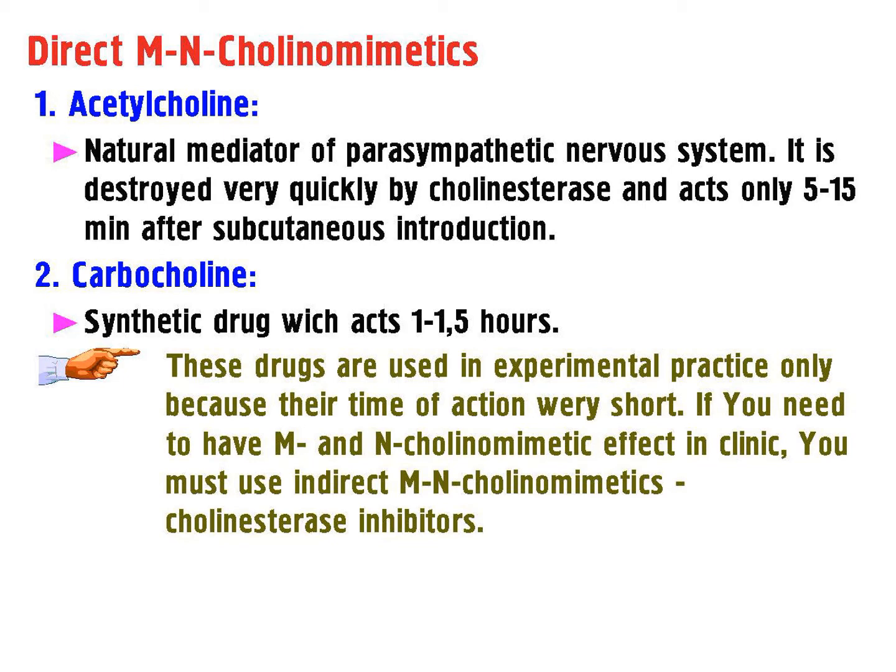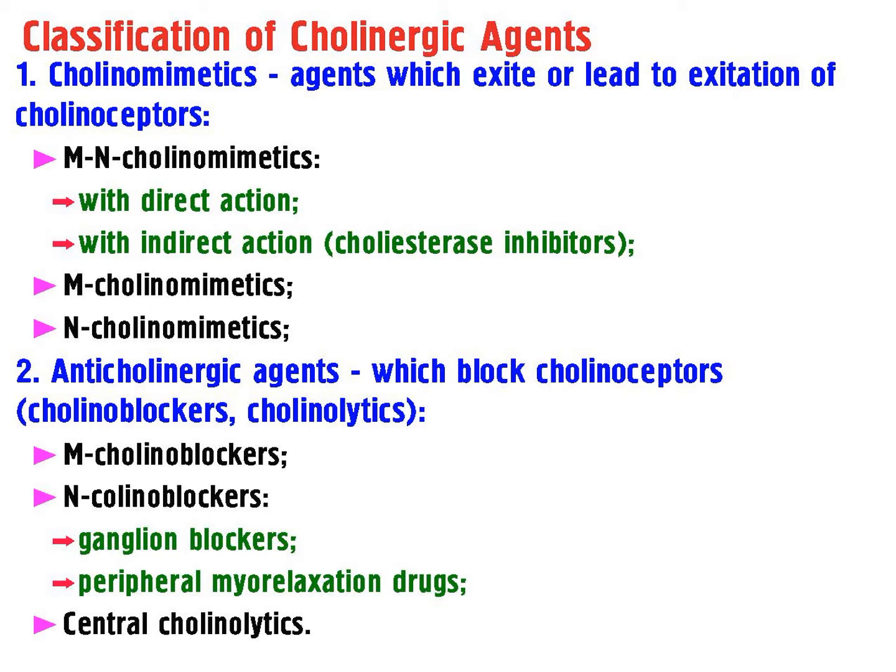And if you need clinically relevant cholinomimetic effect, you have to use other groups of drugs that are called cholinesterase inhibitors. So, classification of cholinergic agents. We have two groups of drugs, which are called cholinomimetics or cholinergic agonists, and anticholinergic drugs or cholinergic antagonists or cholinergic blockers. The first group of drugs, cholinomimetics, these agents excite directly or lead to excitation indirectly of different types